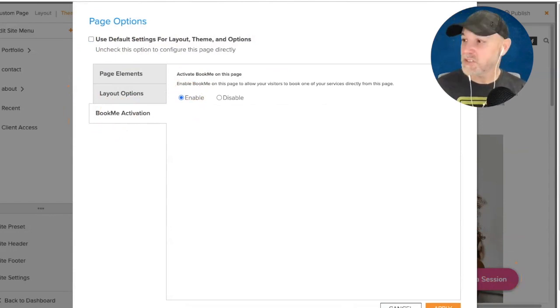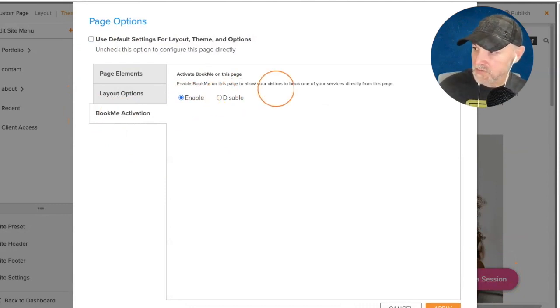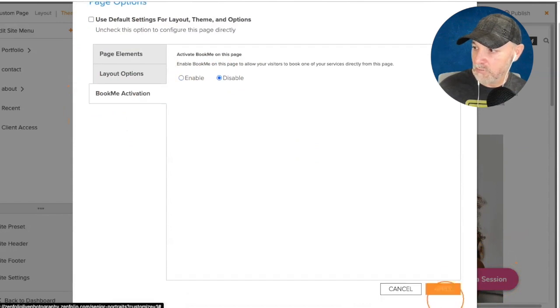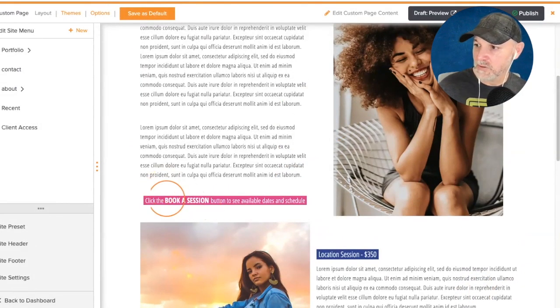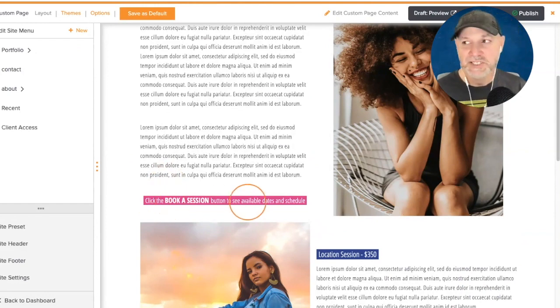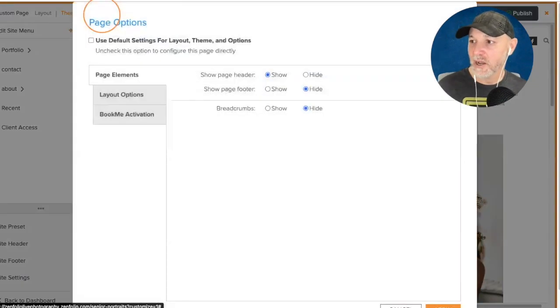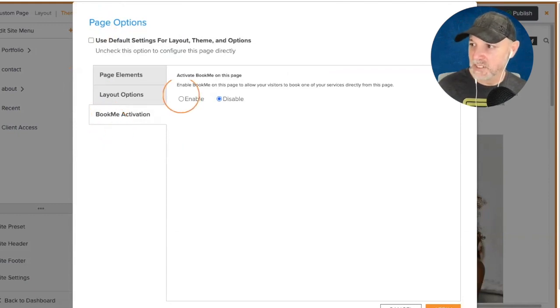All right. So if I disable this, that little book a session button that we see is going to go away once I apply it. All right, so the book a session button went away. Now this makes total no sense at all because there is no book a session button. So I would go back up here, go to options, BookMe activation, enable that,